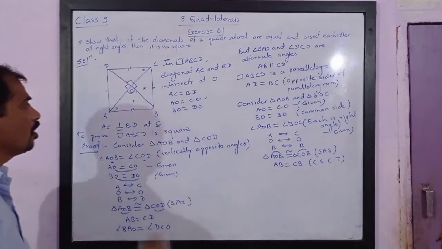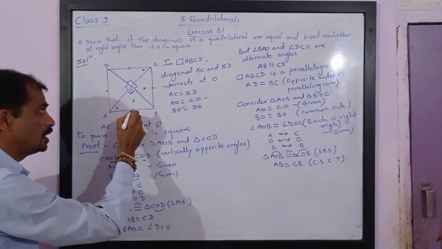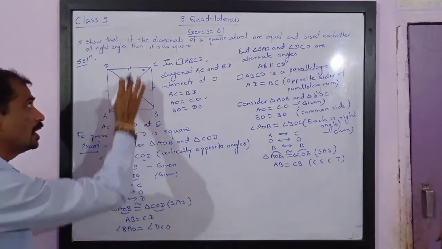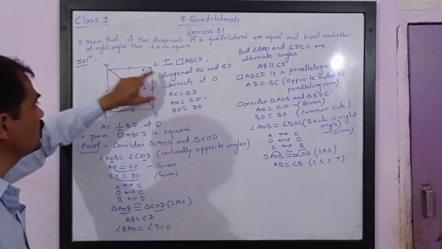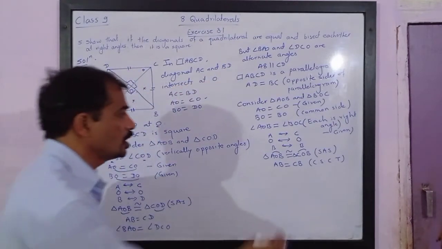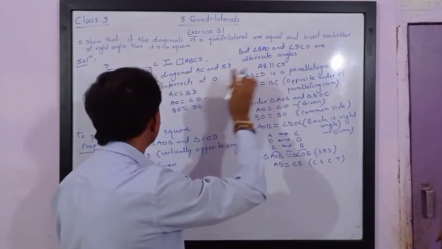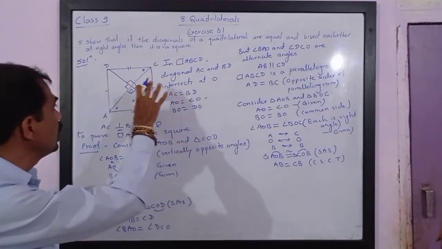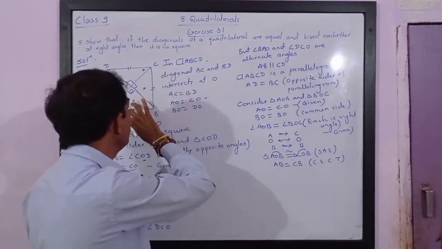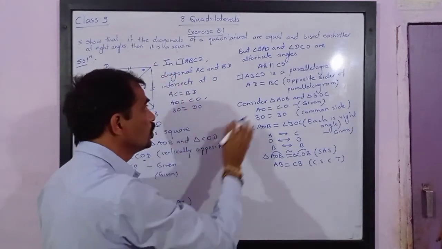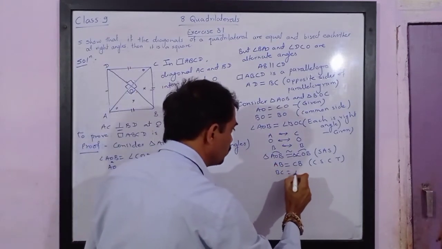Now see, I have got AB congruent to CB. Then again we have said ABCD is a parallelogram. It means BC must be equal to AD. We already said CD is equal to AB. So we can also say from this CB is equal to AB. It means CB is equal to BC is equal to AD. So BC is equal to AD.